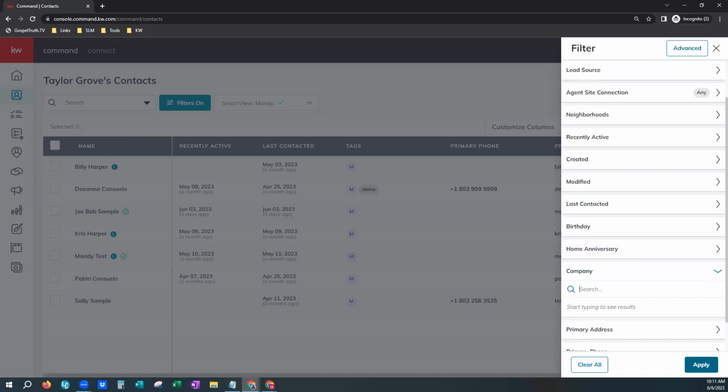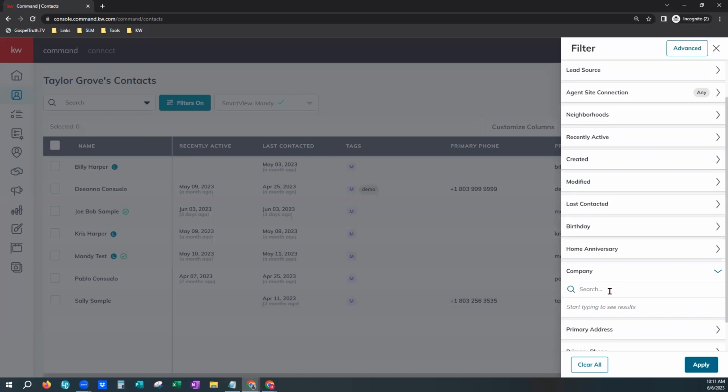The company associated with the contact profile will be here. You can search for a particular company that would be on file. If you have any, it'll search through the ones that are on your contacts here. You can just begin typing anything in and it'll populate it if you have it on a contact profile. You also have some advanced filter options like, is that field empty? And you want to get that filled in, or maybe you just want to see what kind of companies are